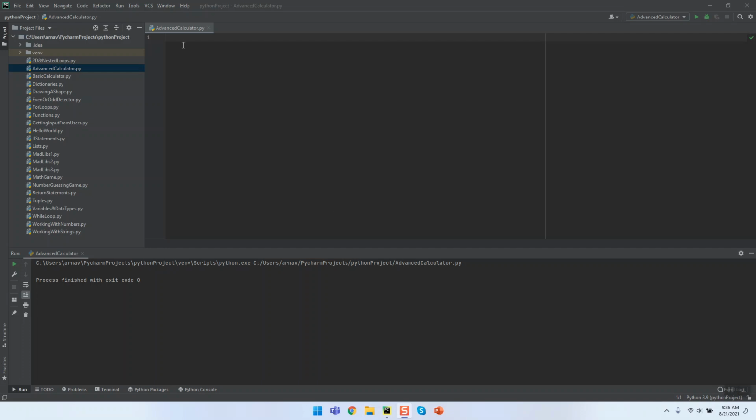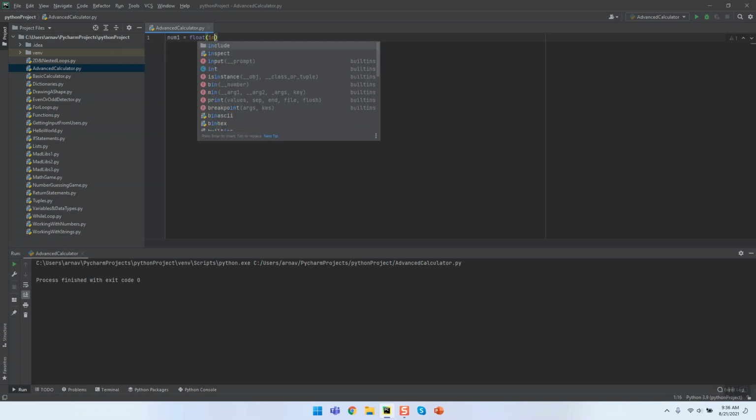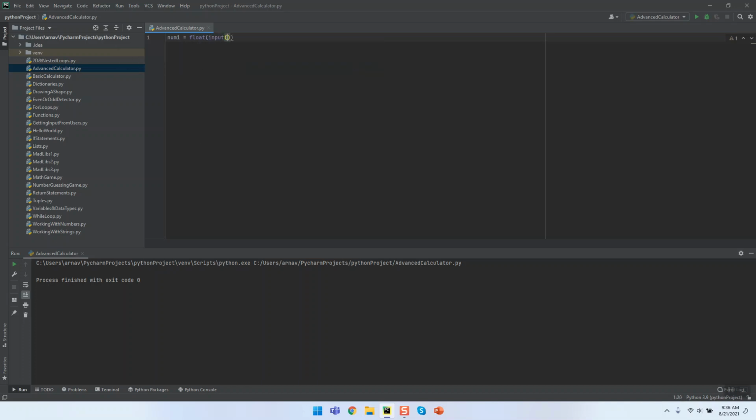So let's start. I'm going to put one variable, num1 equals float. We need to put this so that we can convert. If we do not put this, Python would automatically think that the number inside it is a string. So we need to do this and then input, and I'm going to type: put first